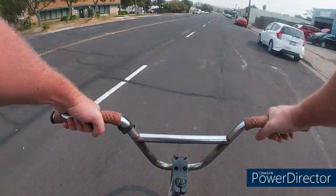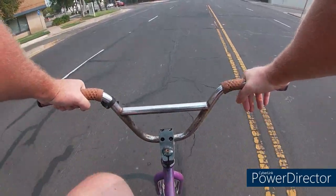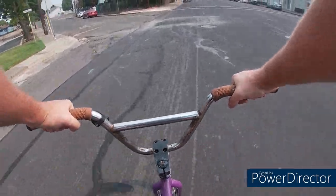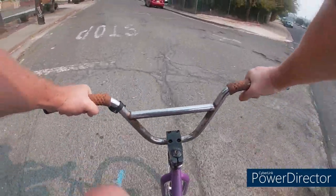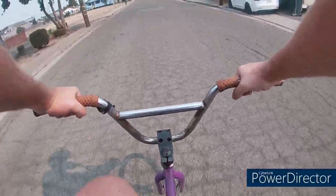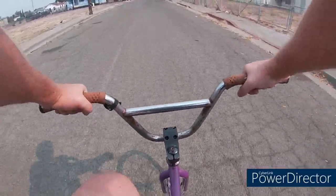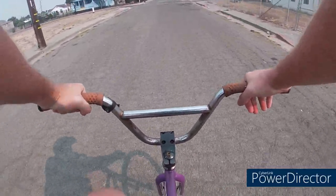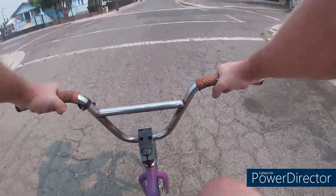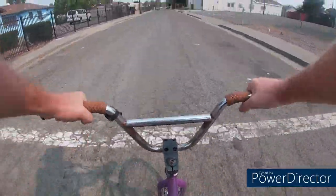BRB. So when I went to replace tubes yesterday, I lucked out because I was a few blocks away from my house, so that was nice. It looked like I got a pinch flat. There was a hole, little puncture right under the valve. But then I took the tube out before I put the new one in to check